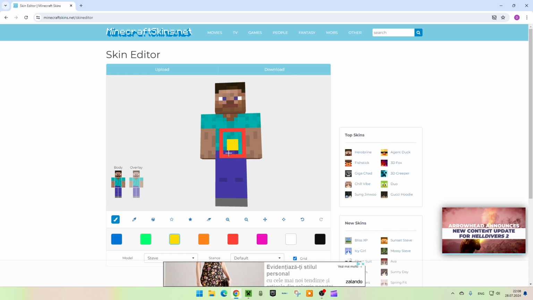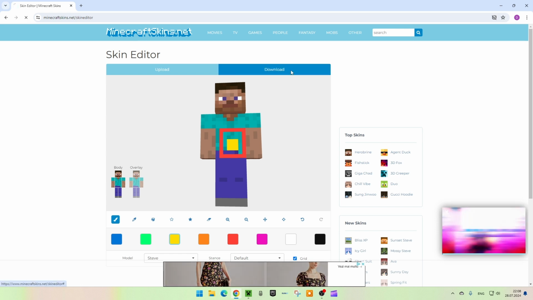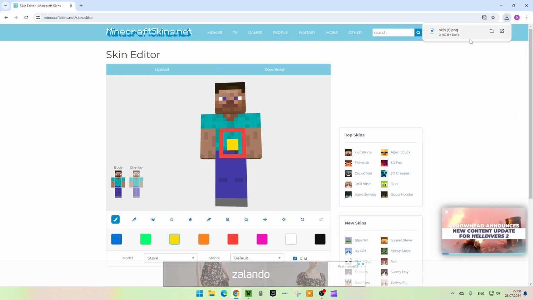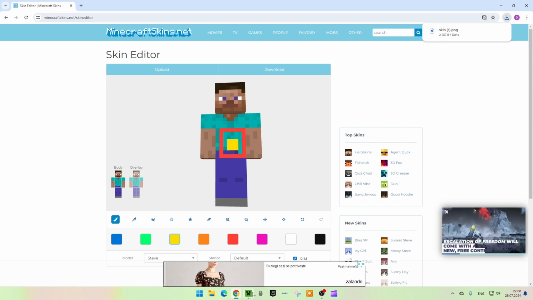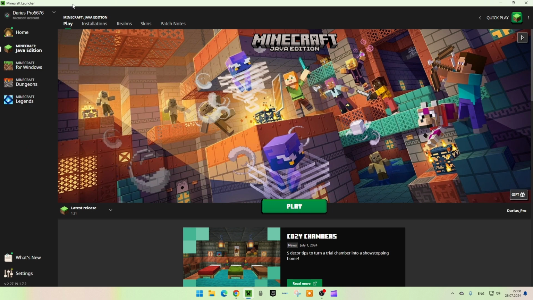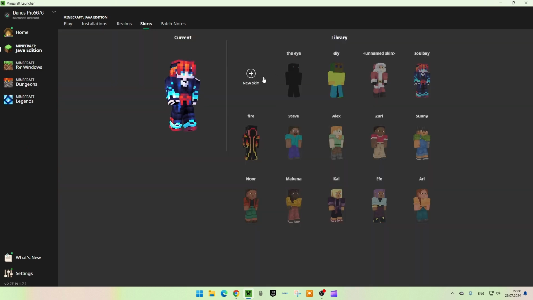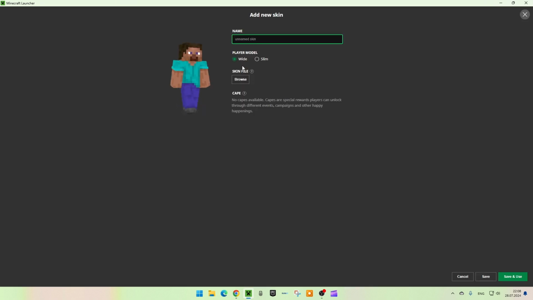Okay, and once you're finished, you just hit this download and it will download this skin PNG. Now you head on to the Minecraft launcher and to skins. Click on new skin, name your skin whatever you want. I'll just name my skin test